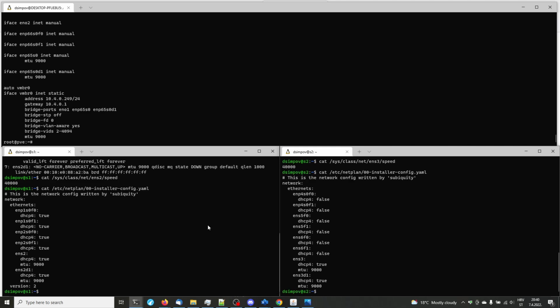So the two interfaces, the two ports that are 40 gigabit have MTUs set to jumbo frames, and same here, and that's it. We can start with the fun part, which is